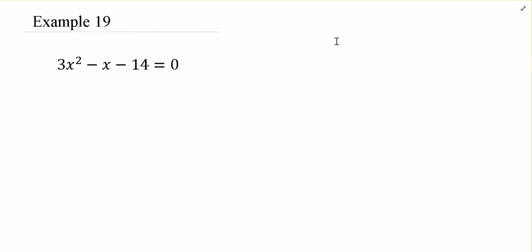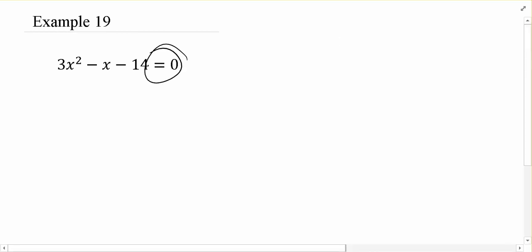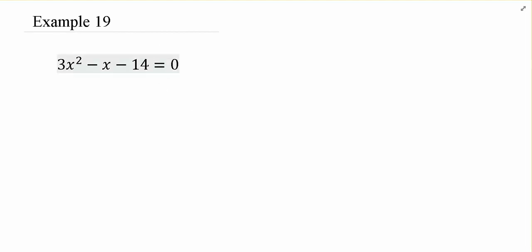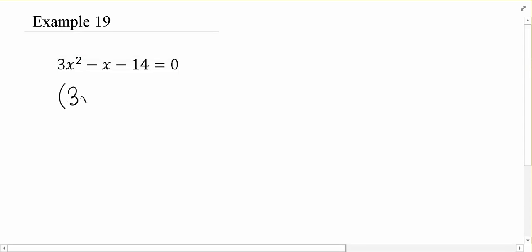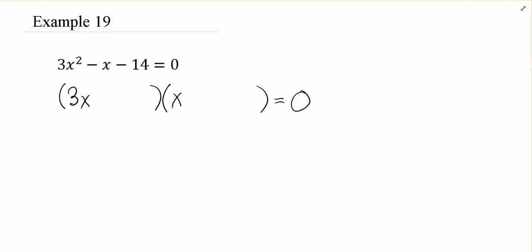And so again, when solving a quadratic equation, we first of all want to make sure it's equal to 0, so we can use the zero factor property, which this one is, and then we're going to factor it. So we're going to try to say, how do I rewrite this as two parentheses, as two factors multiplied together that equal 0? So we have 3x and x to get 3x squared, but then we need to get negative